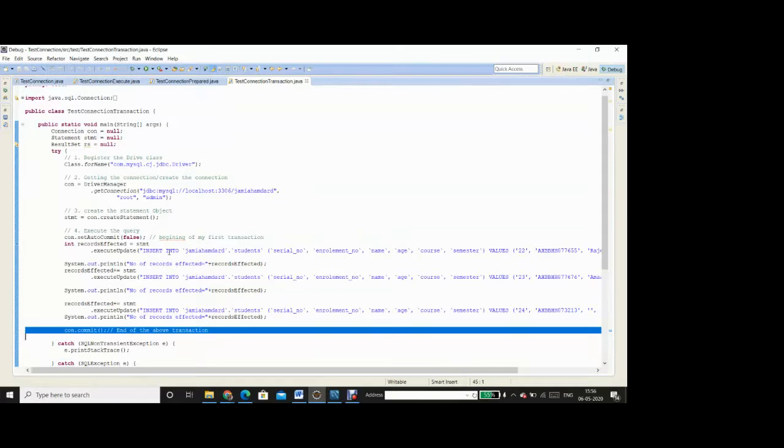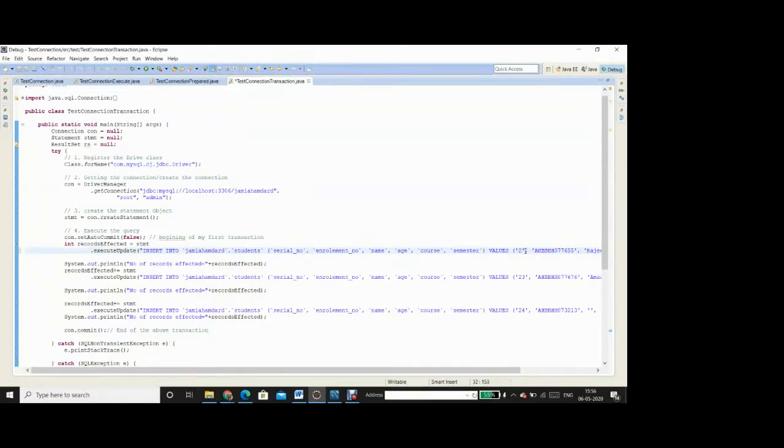So even if I fire that I want to insert into Jamia Hamza this print serial number this and this, say for example for the value 24 is already inserted, let me say for 25, this record will not be inserted, and for 26 also this record will not be inserted, and for 27 also this record will not be inserted. Although the instructions are passed to the database, they will be put on hold from the database server side until you send the instruction for committing. You say explicitly that I want to commit all these three insert statements, all these three SQL statements.